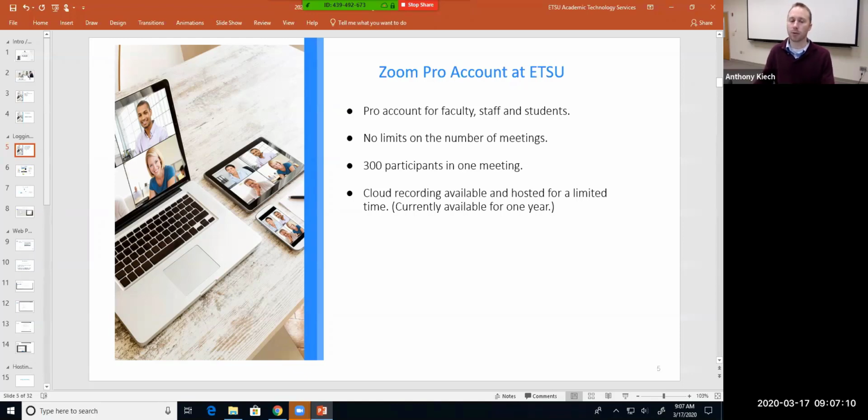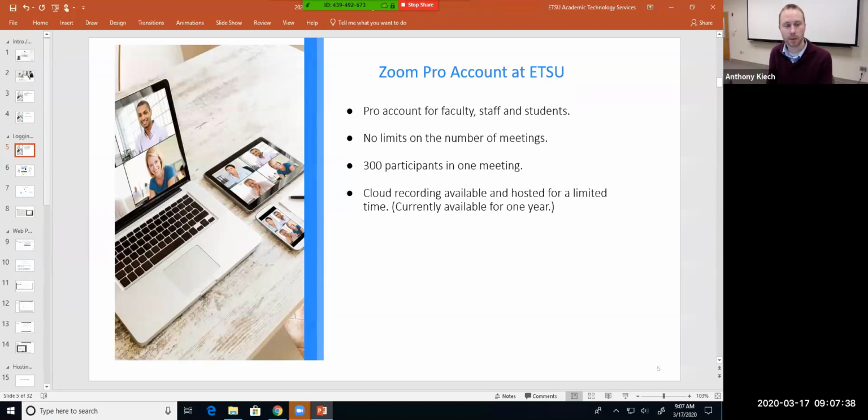You can see up to 49 of those. So you can't see up to 300 if you have 300 participants, but you can see up to 49 different video panes in Zoom at one time. After 49, once you hit 50, you're going to have to page over to the second page, third page, and so on. Those screens are going to get very, very small, kind of Brady Bunch style, so I'm not sure 49 is really going to help that much if you're having a lively discussion, but from a technical standpoint,